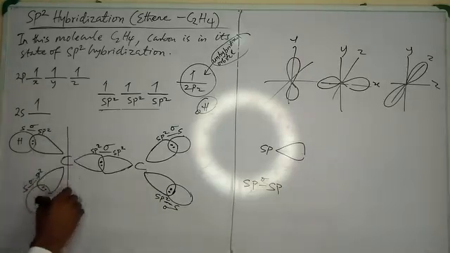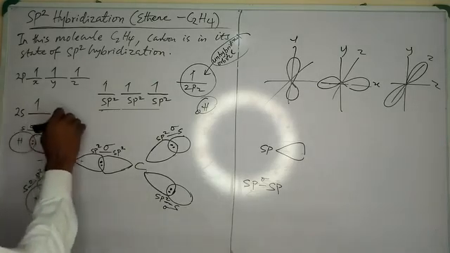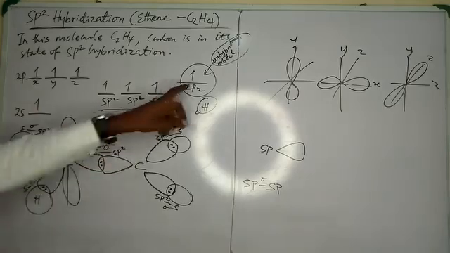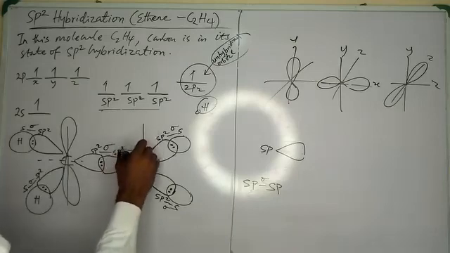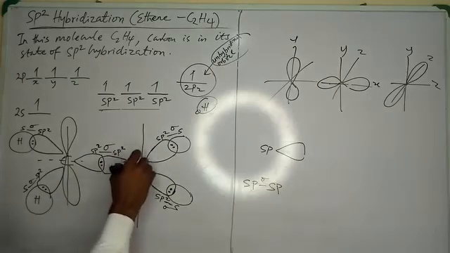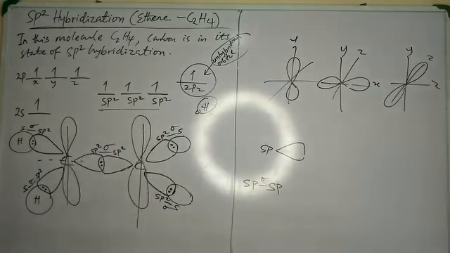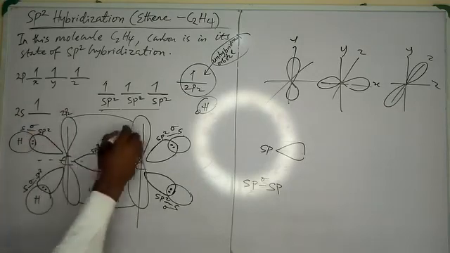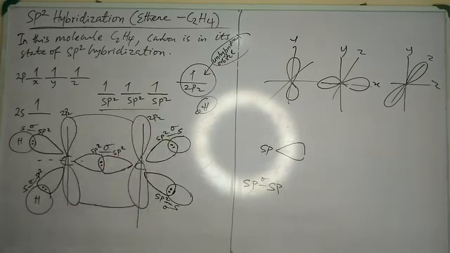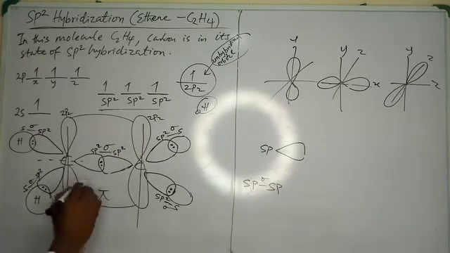So I'm going to draw an imaginary line here, okay? Are you following? And here we place the dumbbell of the unhybridized orbital. This p orbital that is unhybridized is what I'm putting here, okay? Again, you have an imaginary line here. So again, we put the second unhybridized orbital for this second carbon atom. The interaction between this 2pz and this 2pz from this carbon and from this carbon makes what we call a pi bond, okay?